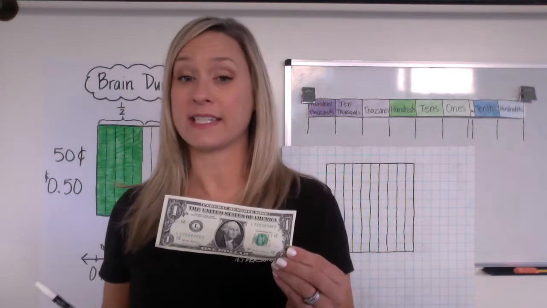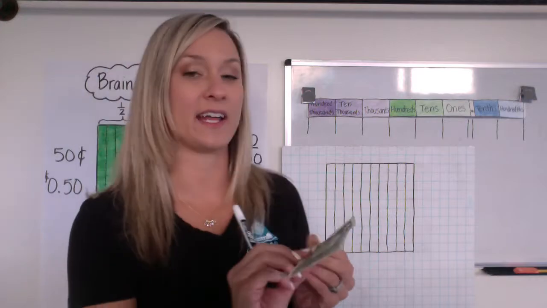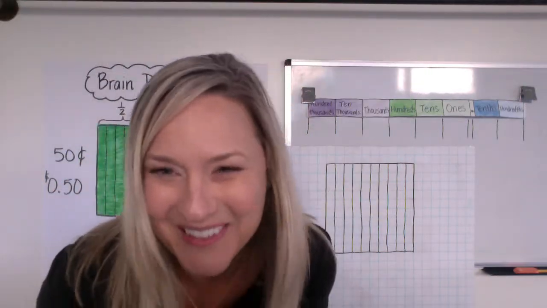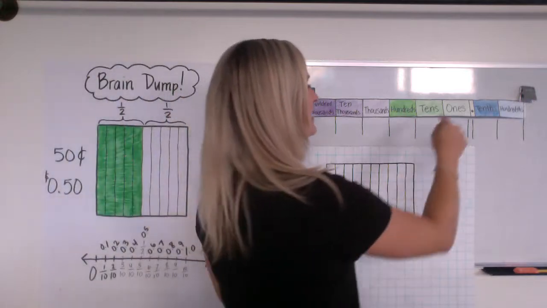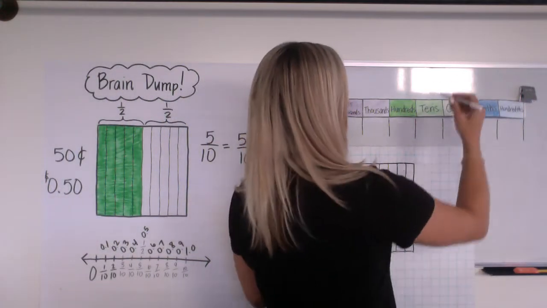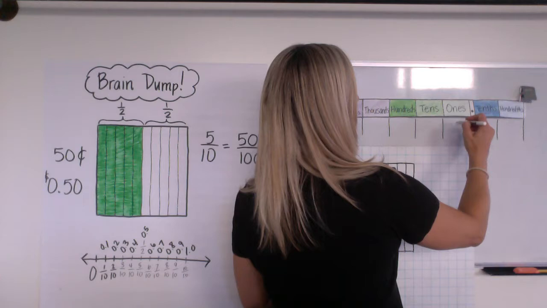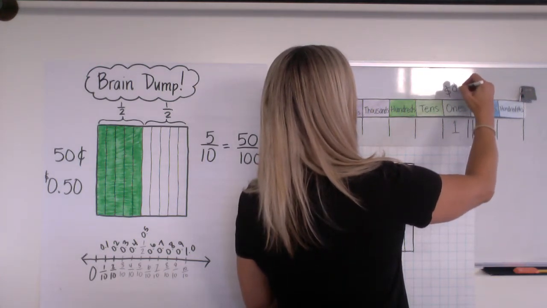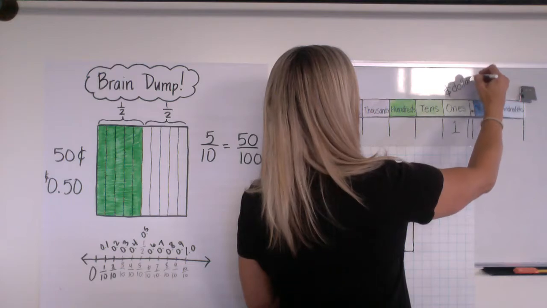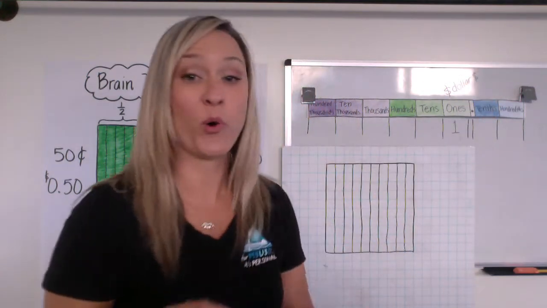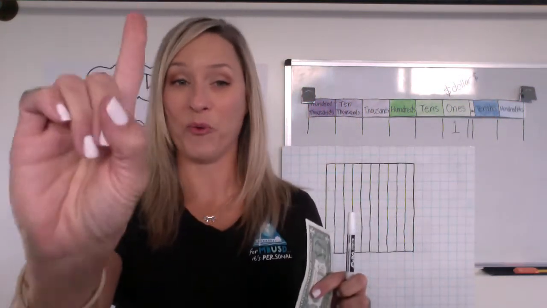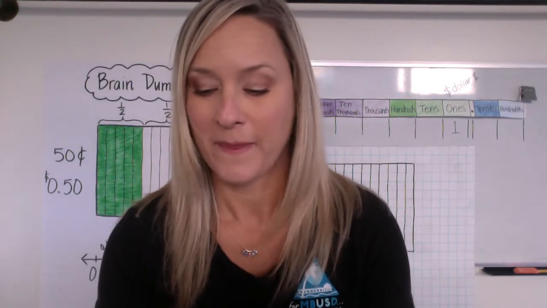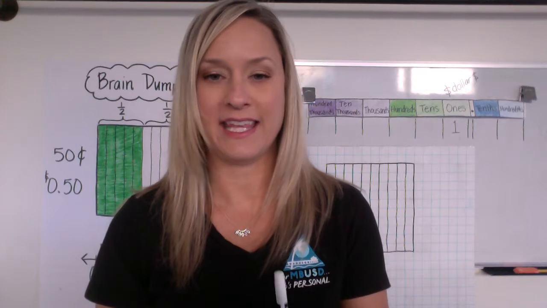All right, I'm gonna guess you probably said the ones column. Did you say the ones column? I hope so. So this would be like $1 right here. If I had a 1 right here, it would be like a dollar bill. Okay, that's important to know because if you know that one piece, it will help you with everything else. Okay, so if I had this,